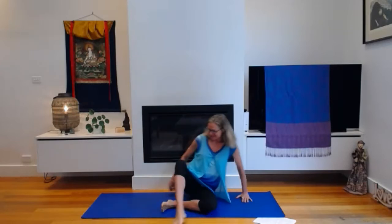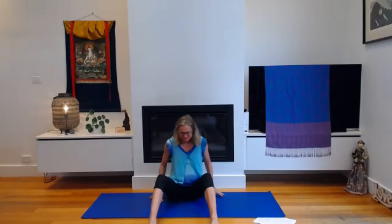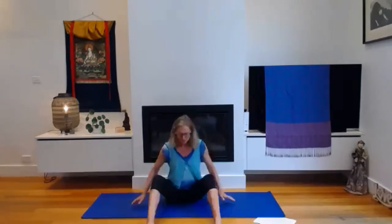Let's come to sit down. All right, you might be sitting up onto a blanket or a cushion. So a bit more hip work. Feet are a little wide apart. Hands are behind us, trying to keep the chest open, not rounding the shoulders and collapsing the chest, so chest